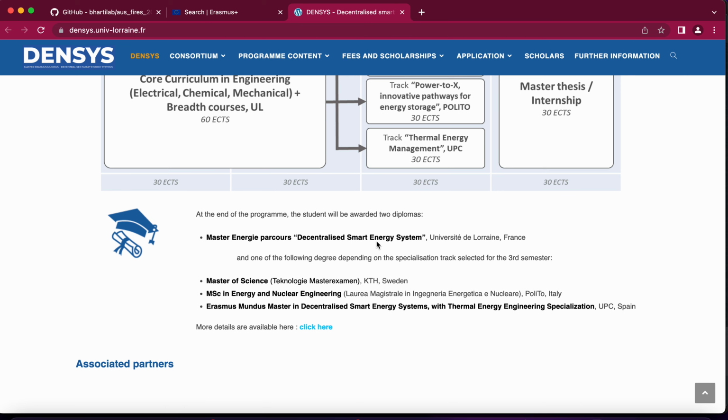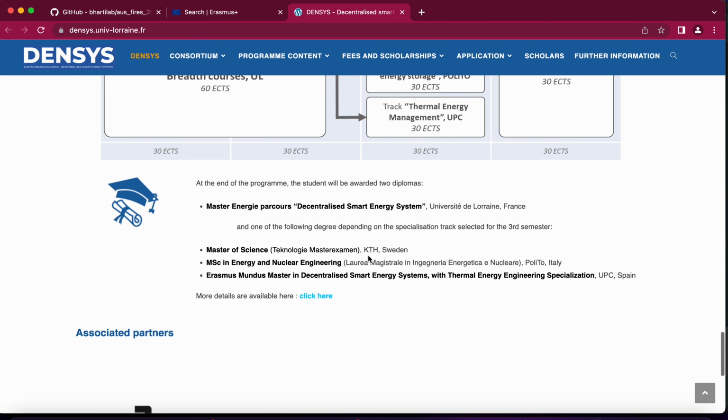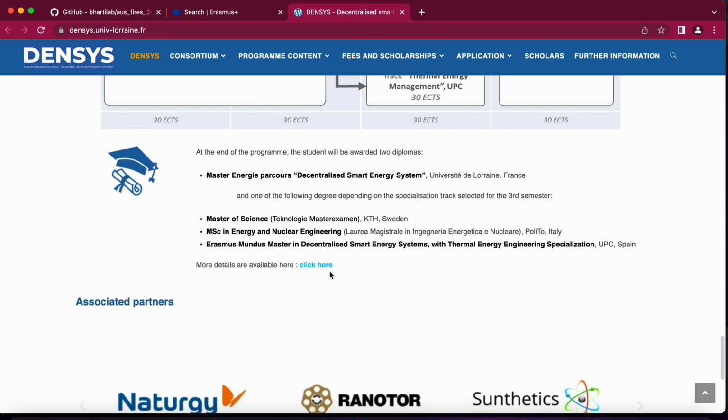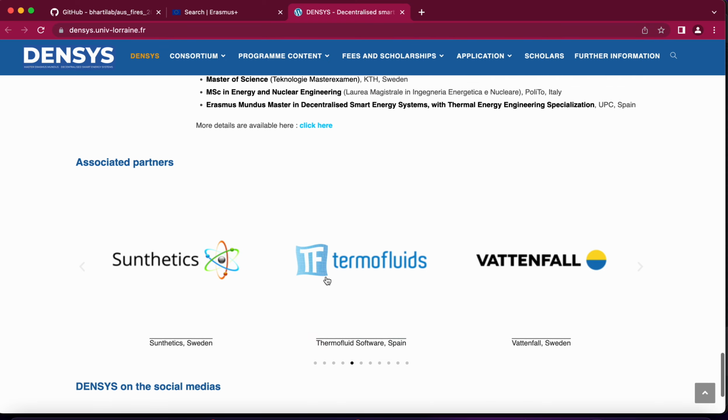So yeah, decentralized energy system, University of Lorient, France. That's where you're going to do your first year, and you're going to be awarded, like I said, 2 diplomas. You're going to be awarded 2 master's degrees. The first one is going to be in France. The second one is going to be depending on the specialization track you choose, whether it's Sweden, Italy, or Spain. If you want more details about it, you can click here. It will show you